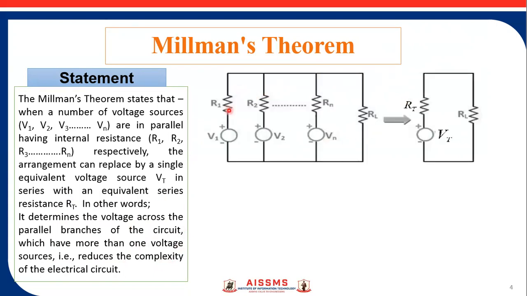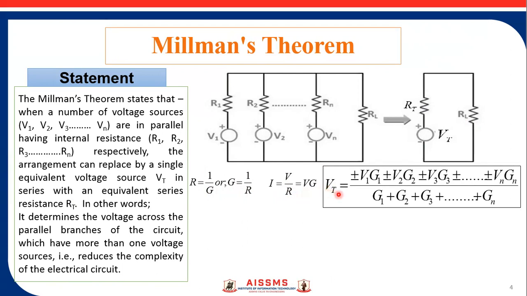So this is a circuit as per the statement. You want to reduce this circuit to a single voltage source having internal resistance, and this is RL, the load resistance. Now R is nothing but 1 upon G, and vice versa, G is equal to 1 upon R. I is equal to, as per Ohm's law, V upon R, that is equal to V into G.